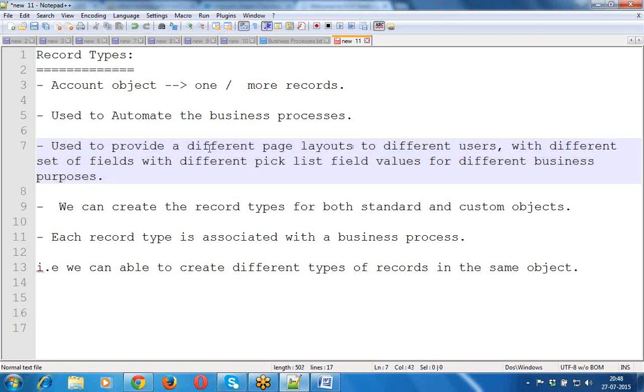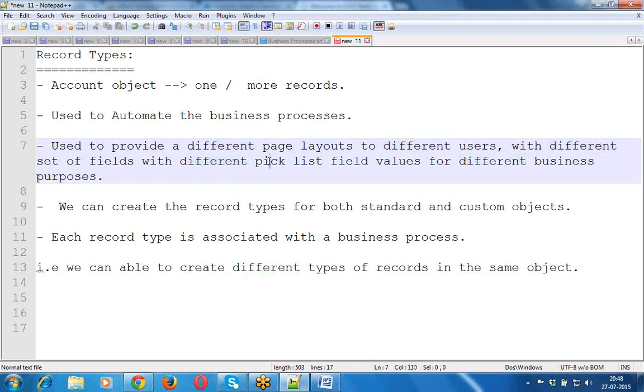For a normal savings user, a separate layout will be available. For the corporate account people, a separate layout is available. So here we have multiple user interfaces available. User interface, in terms of Salesforce, will be treated as a page layout. Page layout is nothing but the visual appearance by which the user can interact with our application to perform some manipulations in that application. So here we are going to be using this page layout.